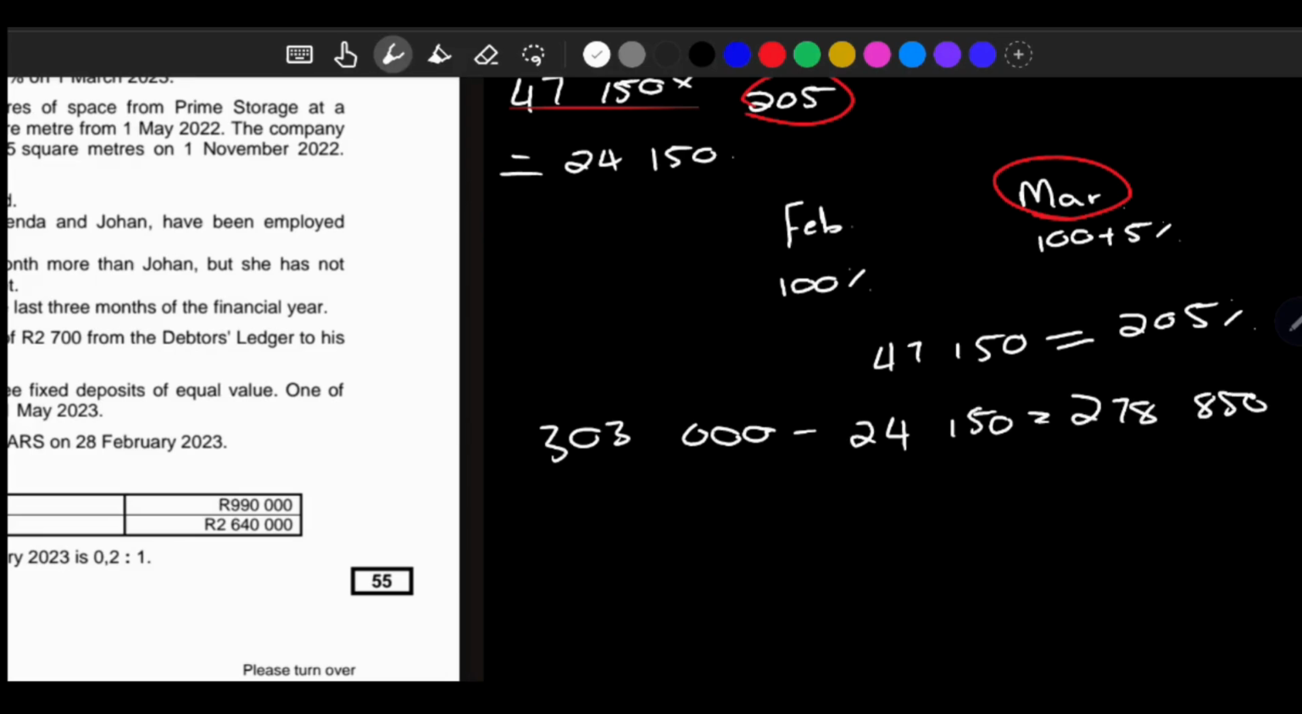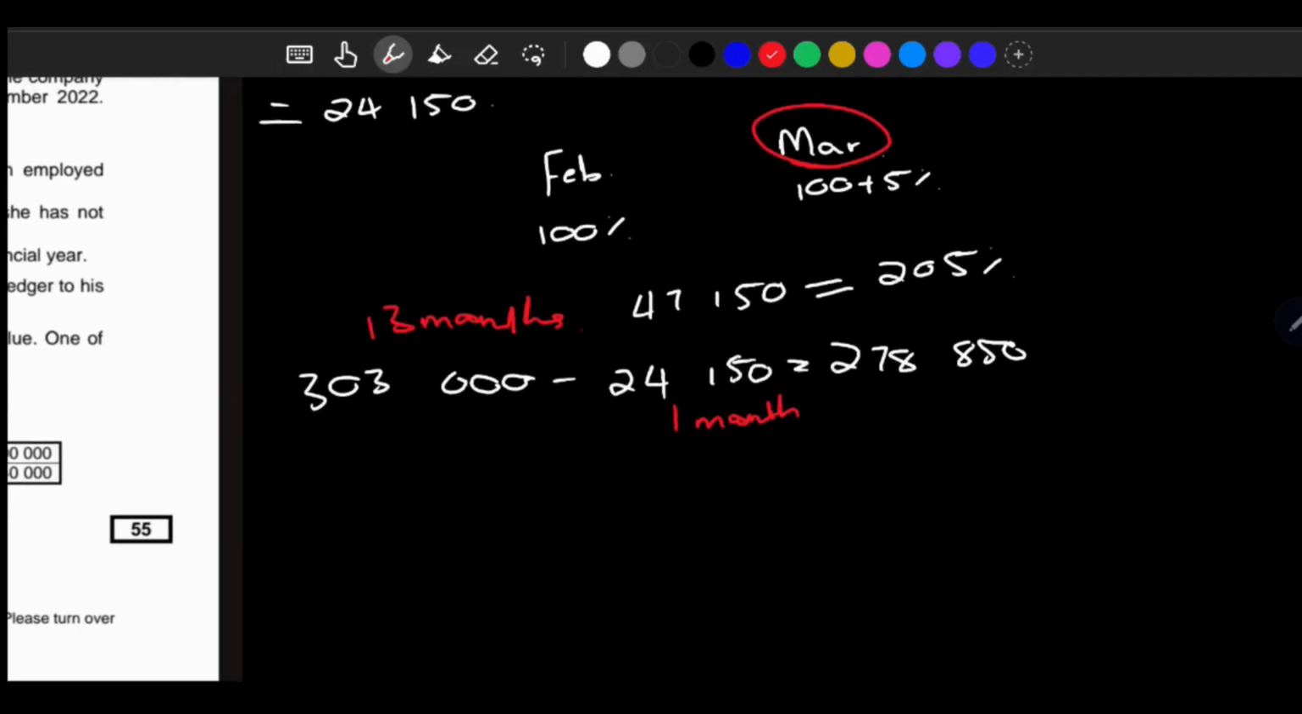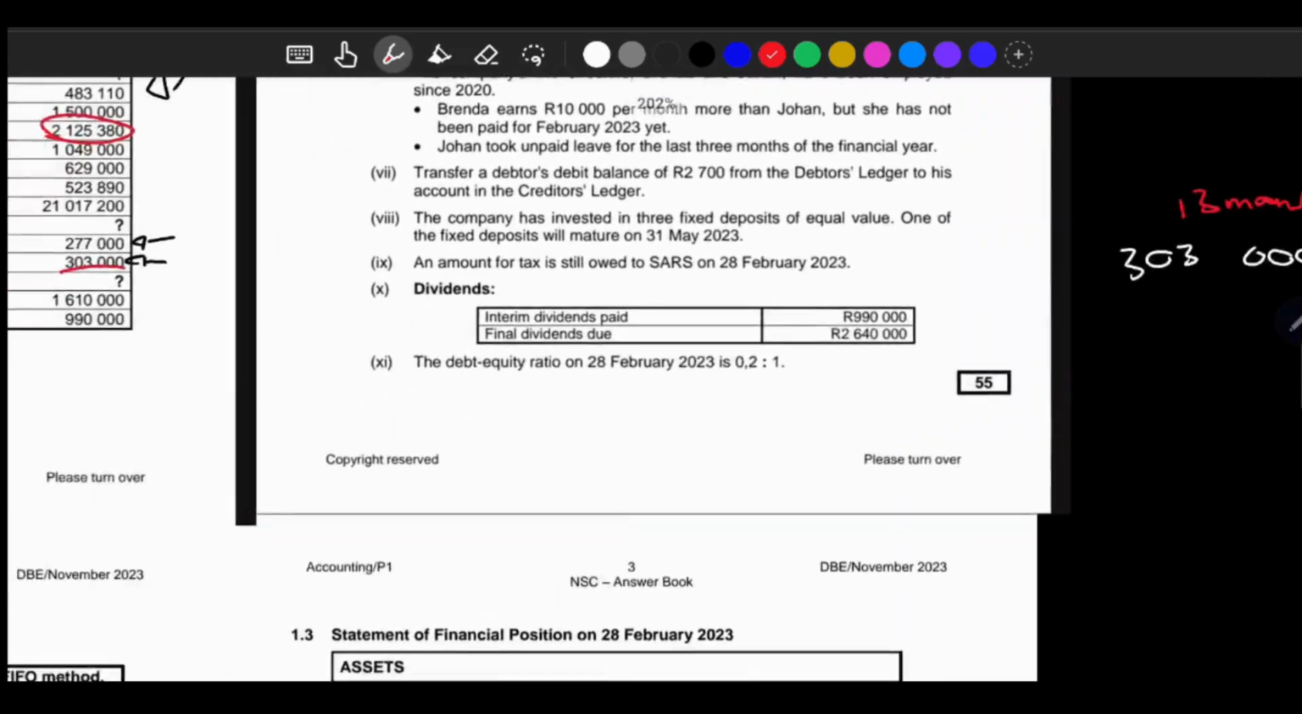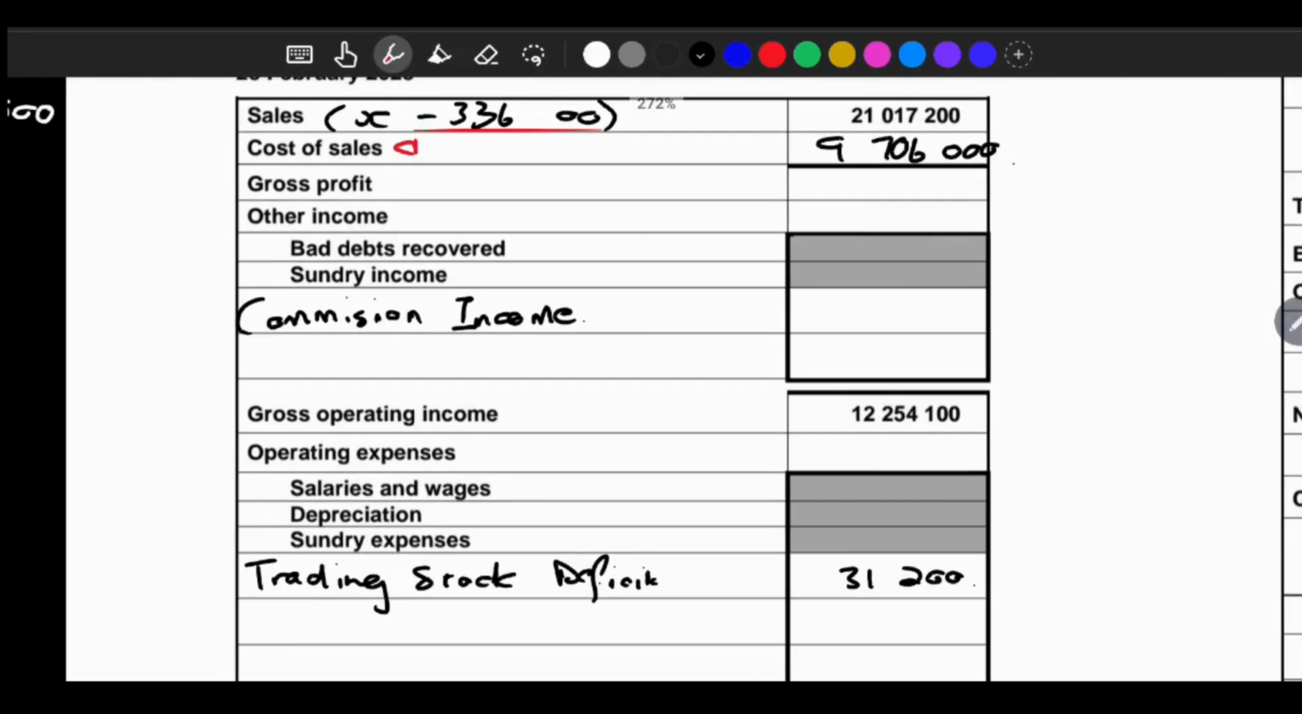And the answer we get there is 278,850, right? 303,000 was for 13 months. Here we subtracted 1 month. And the 278 is 12 months, which is our financial year, right? So record that in fee income, right? Fee income for, oh, didn't fill in the commission income, 318,000, and fee income is